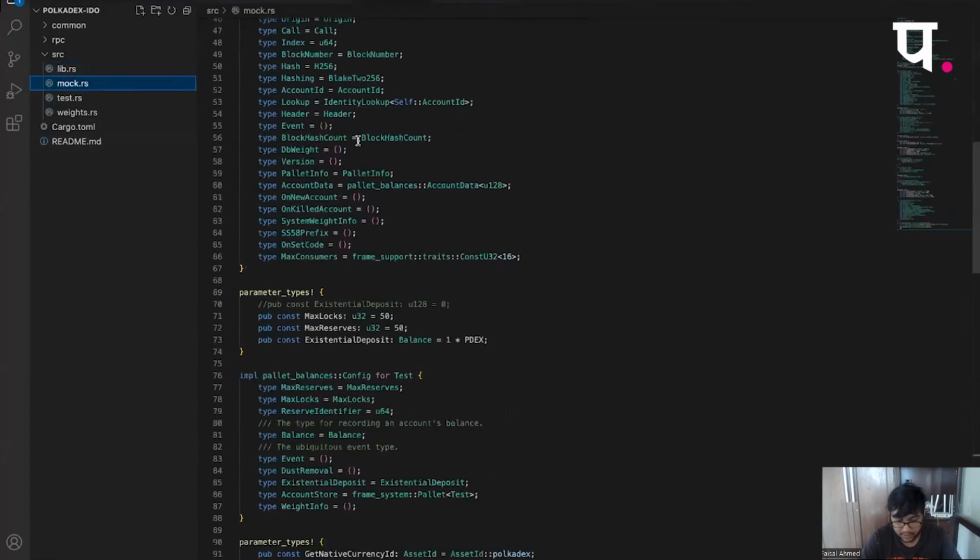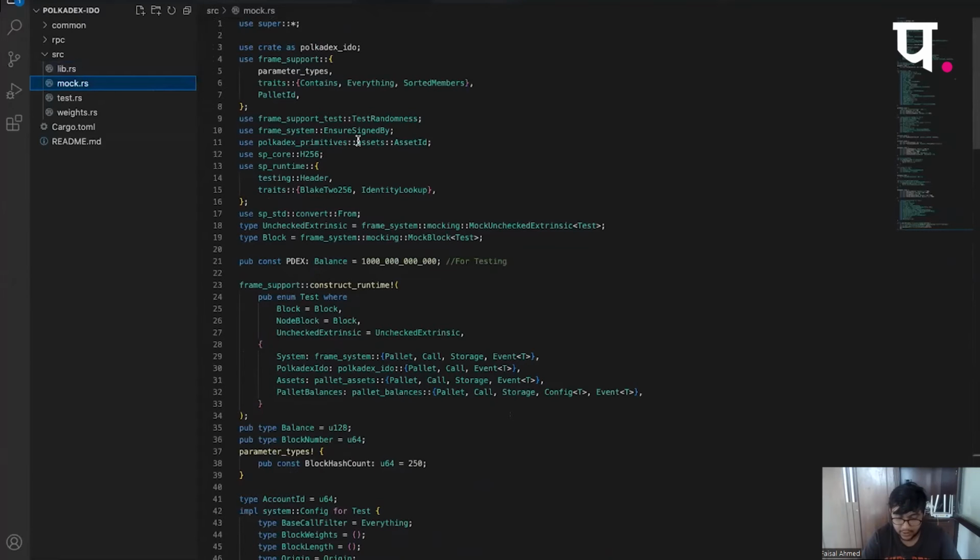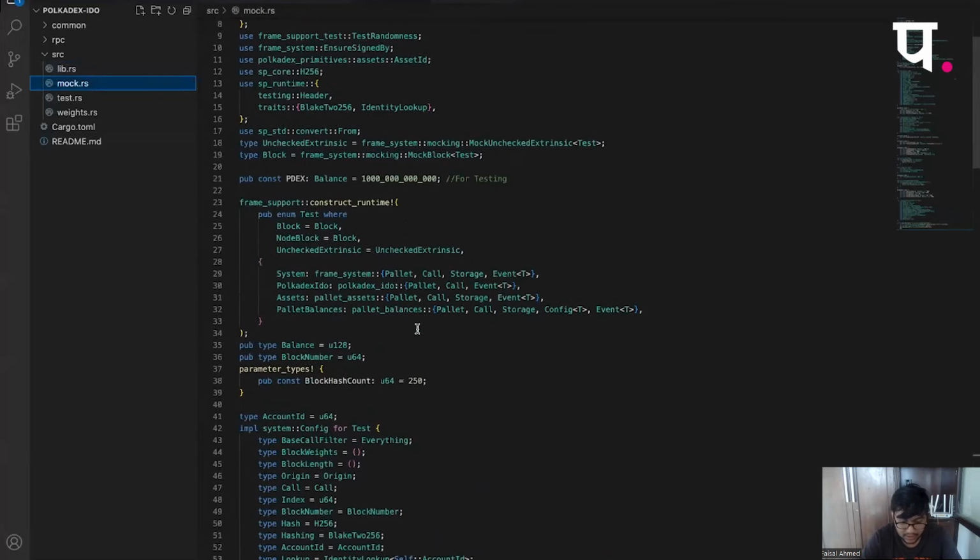And if people have already gone through the code, this is similar to how you would define your pallet inside the runtime. What this does is that it basically defines the config for the pallets for this testing environment. So there are ideally 4 pallets that we are using, although some of these pallets are nested inside another pallet. So you also see the balances pallet. Asset manager basically uses this inside its config, so we also have to define it over here.